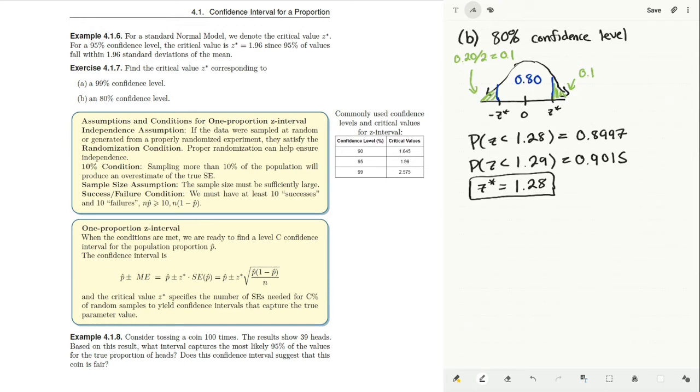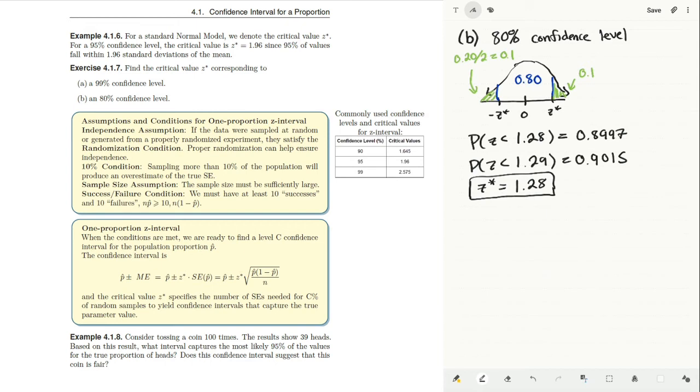So now we're ready to find a confidence interval for a proportion. This interval is called a one proportion Z interval and is named this way since we're looking for a confidence interval for a single proportion using the normal model. Since we want to use the normal model for the sampling distribution, we must meet certain assumptions and conditions. These are the same as what we have seen in the previous chapter,